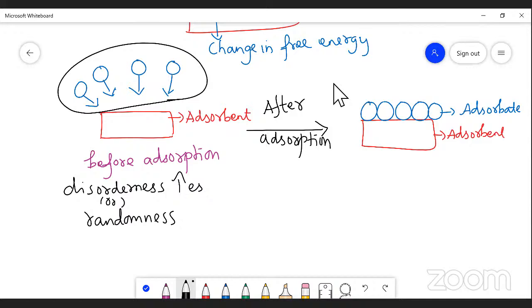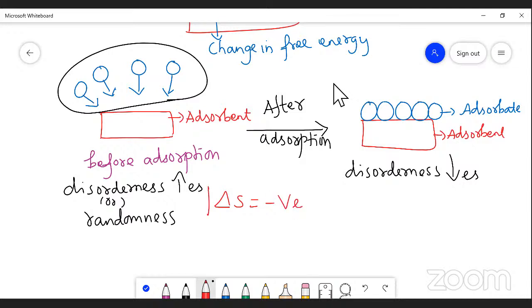But after adsorption, the reaction is over. Now you look at the second figure where the adsorbate is adsorbed on the surface. What happened to the disorderness? The disorderness decreases. Why? Orderness increases because all the molecules are arranged in a regular way. So the disorderness decreases. Whenever the disorderness decreases, the del S value should be negative, because what is del